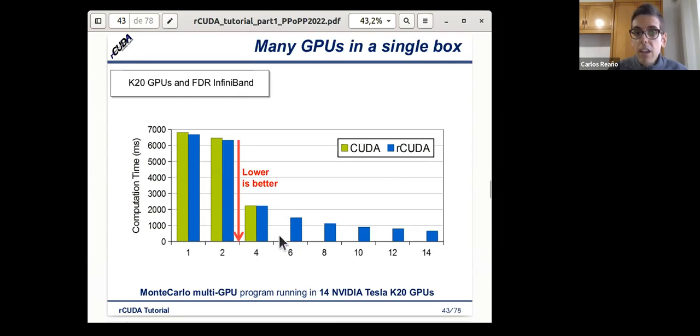And as you can see, this application scales very well. By adding more GPUs, we reduce the computation time. So this was a mechanism, by using remote GPU virtualization, to add more GPUs to one application in a virtual way.